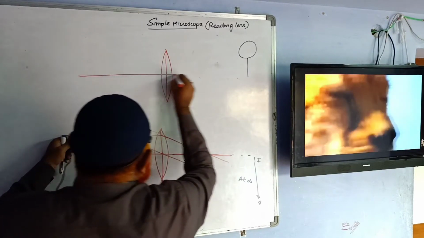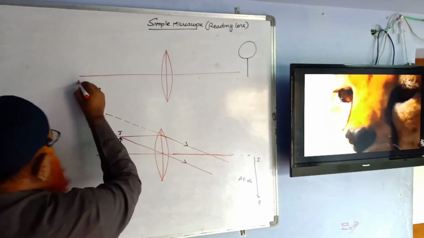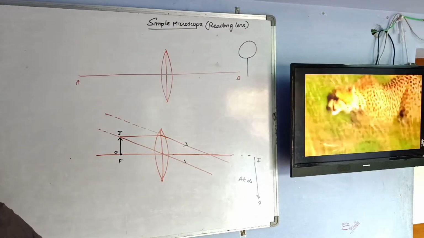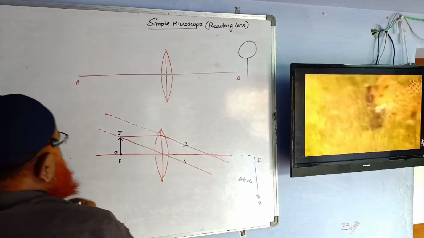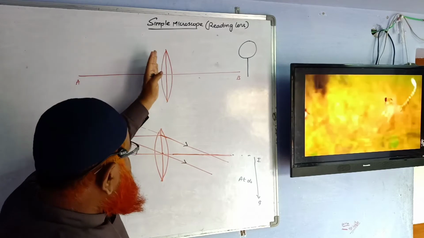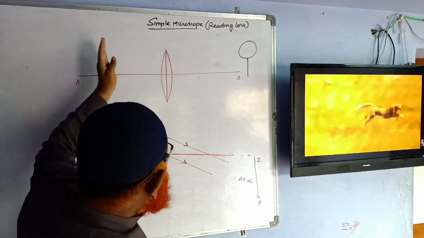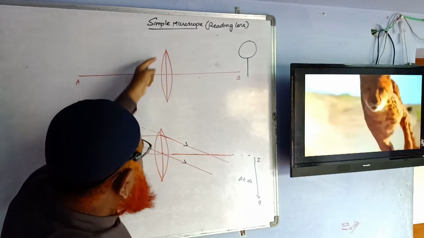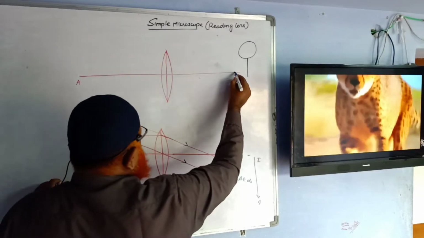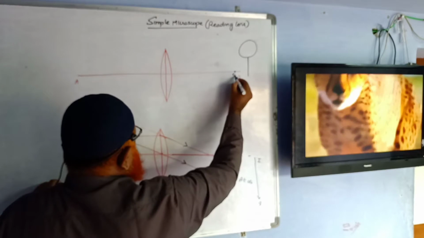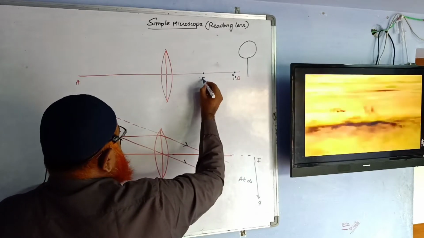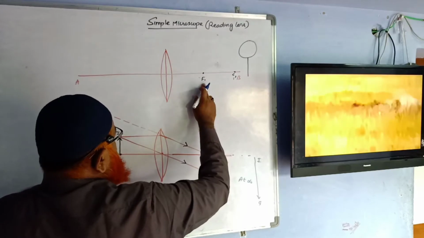And this is going to be the principal axis which I am going to discuss here today. And this part of the curve is coming first. Always, when you are seeing the lens from the left, this curvature will come first. As this curvature comes first, the center of that curvature is at this place, which is considered to be C1. And the focal point of this curvature is taken as F1.